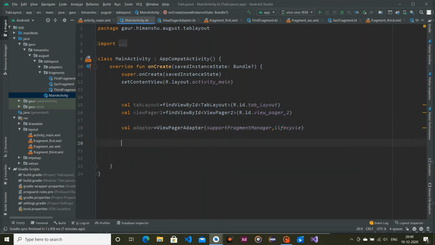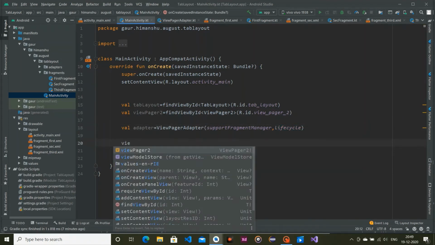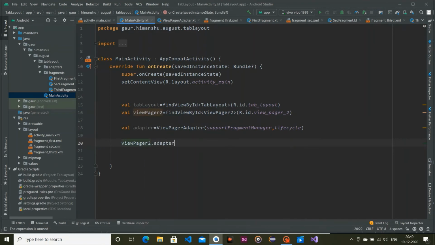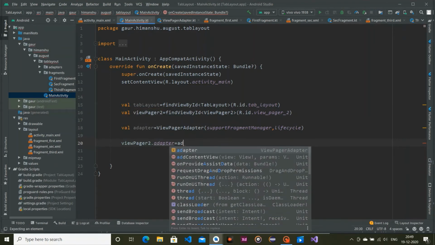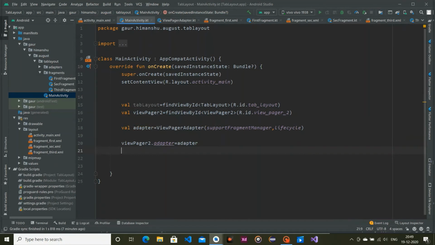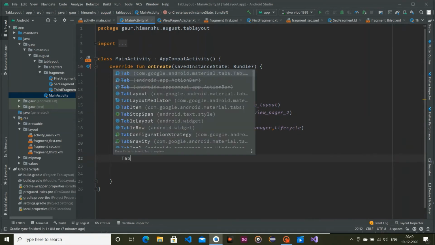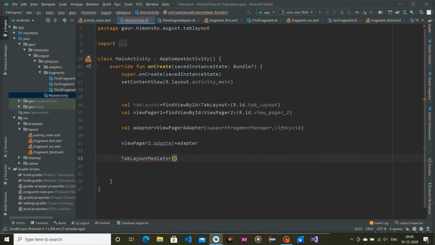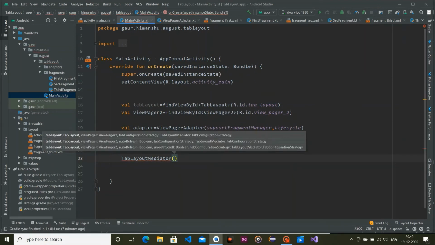Okay, so we have to attach this adapter to our ViewPager2: viewPager2.adapter equals adapter. Fine. So here we will create a TabLayoutMediator, this one, and simply press Ctrl+P so you can get all the required parameters. First it takes the tab layout, so pass tabLayout.